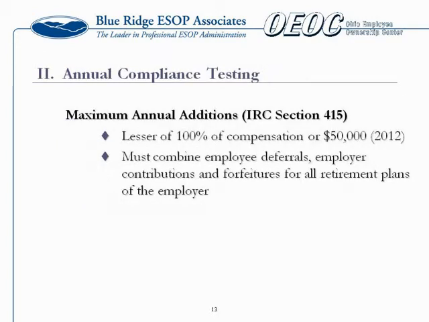Okay. The next compliance test, and we have seen some people fail this. ESOP companies are pretty generous. A lot of times, even some smaller ESOP companies, if you have a generous ESOP contribution and you have participants in the 401k plan, the limit, which was just inflation adjusted, is the lesser of 100% of compensation, or now $50,000. So if you have a $45,000 ESOP contribution and you're deferring $6,000 in your 401k plan plus a match, you're going to be over on that.